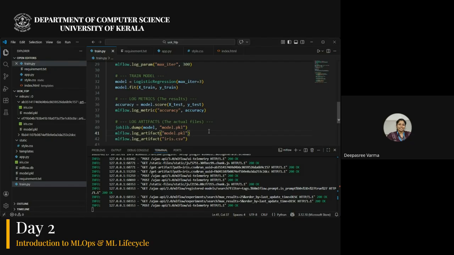So if it is clear for all of you, otherwise, if you have any questions in this, I am happy to help you. If you're clear with this, we can move to the next part of today's session, Git and DVC. Or if you want me to explain any part, yes.